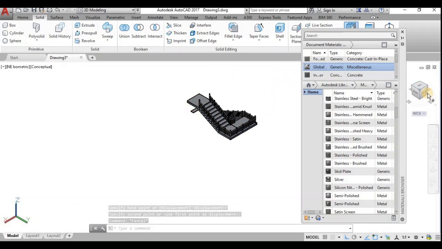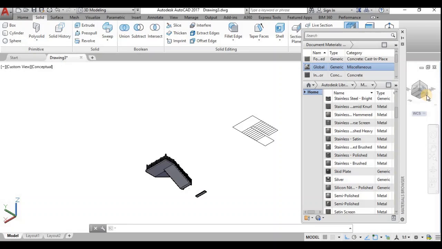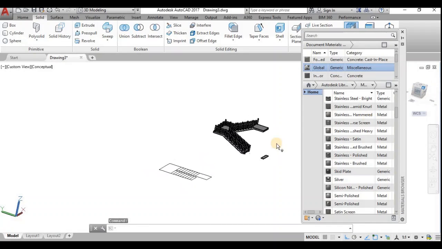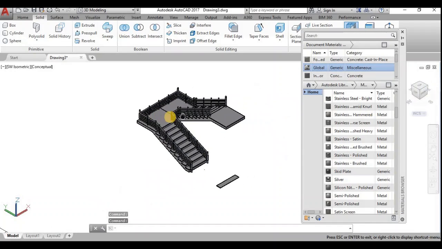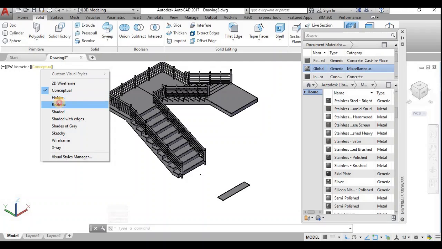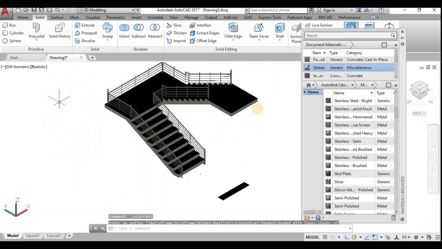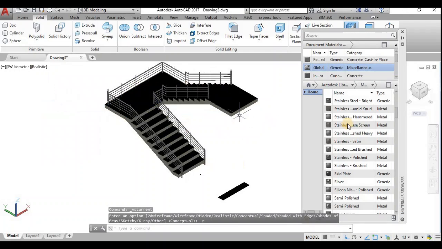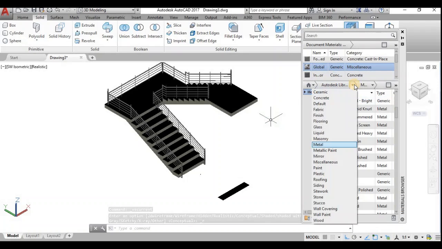Now it is okay. Now we can see it in the realistic view, and there is a difference. Now we can change it by flooring or stone.